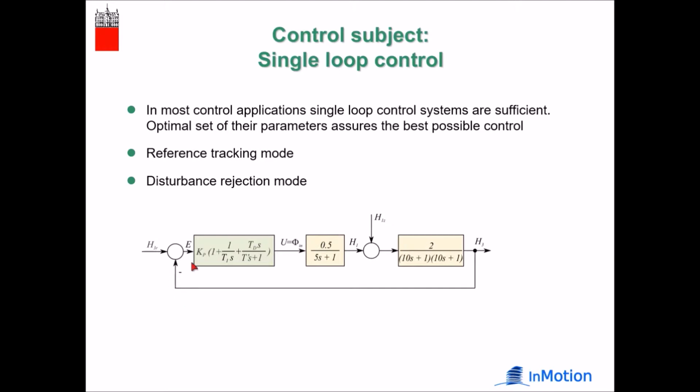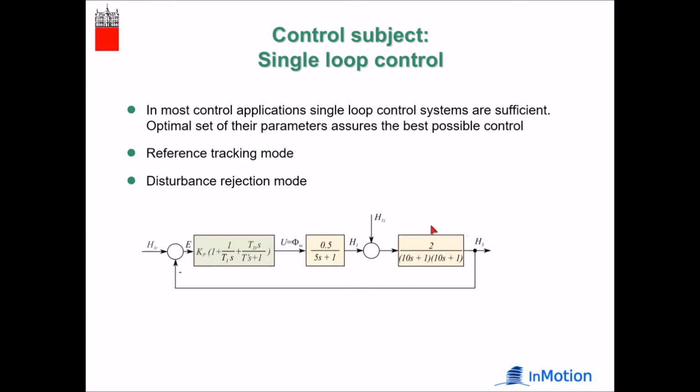In this block scheme, we can see the controller, we can see the plant. We have 2 input signals. One is the reference or the desired signal, another is the disturbance signal. And what we control in the scheme is this controlled variable. This controlled variable is measured. It is compared with the reference value. The error is calculated, and on the basis of this error, the PID controller calculates the control variable which controls